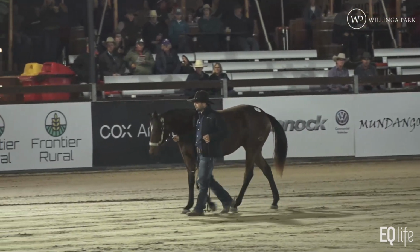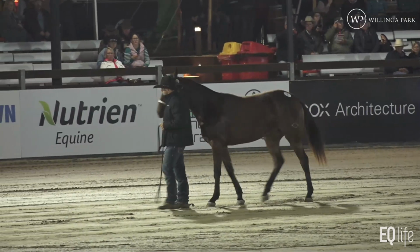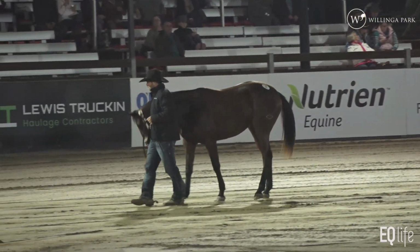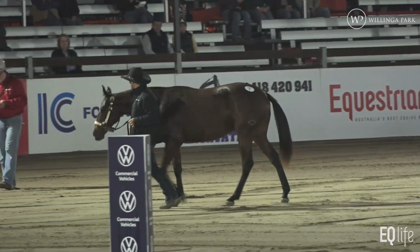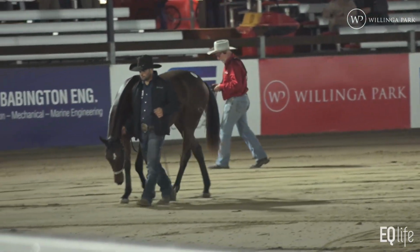This one, again, by Ray Gigarda. Ray Gigarda, of course, has been a magnificent sire. He's also been a magnificent competition stallion, both in camp drafting. We've seen competing in recent years very successfully at both Warwick and at Tamworth. You've seen progeny competing well here, but out of a mare that won the World Championship Campdraft at the Sydney